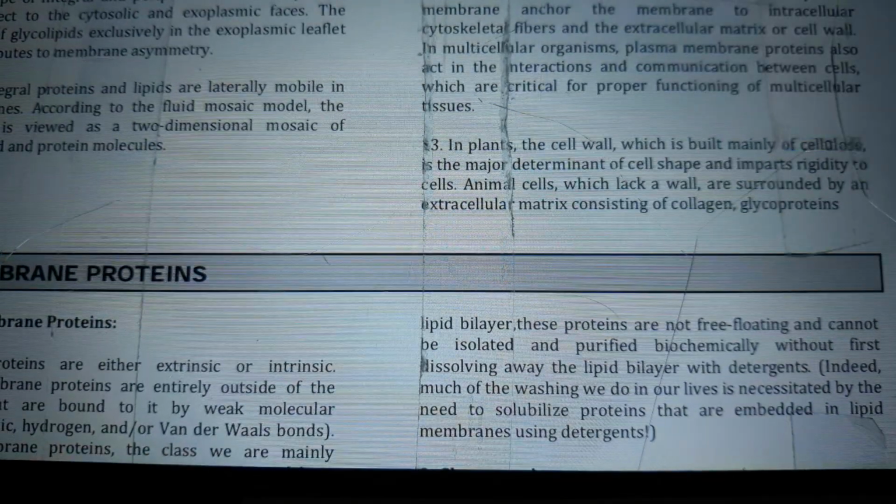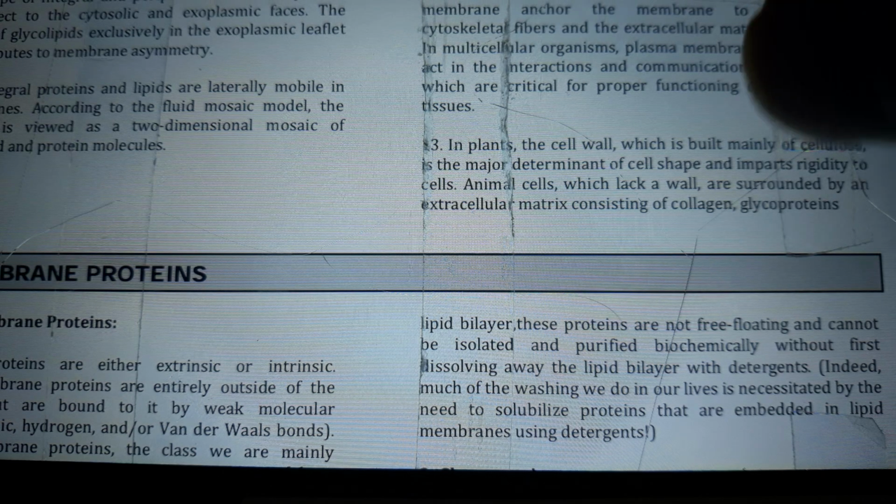In all cells, proteins in the plasma membrane selectively absorb nutrients, expel waste, and maintain the proper intracellular ionic composition. Proteins in the plasma membrane anchor the membrane to intracellular cytoskeletal fibers and the extracellular matrix or cell wall. In multicellular organisms, plasma membrane proteins also act in the interactions and communication between cells, which are critical for proper